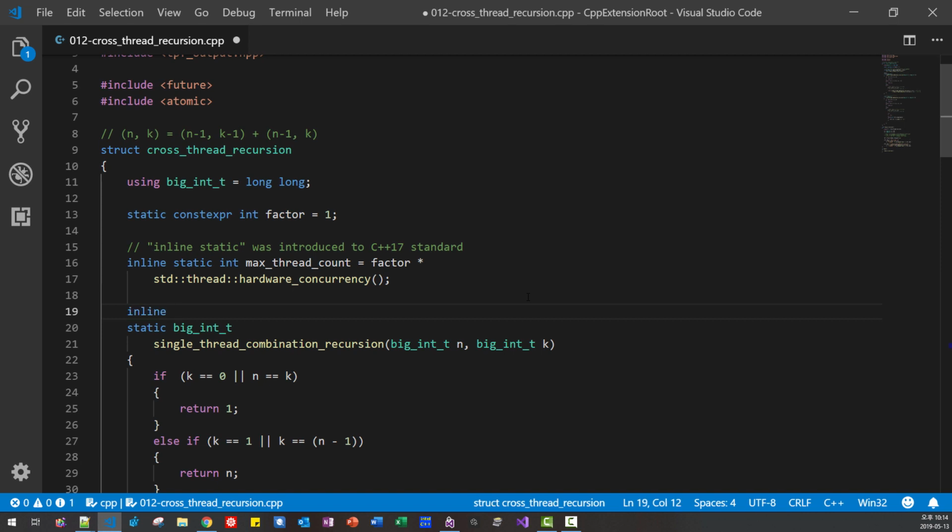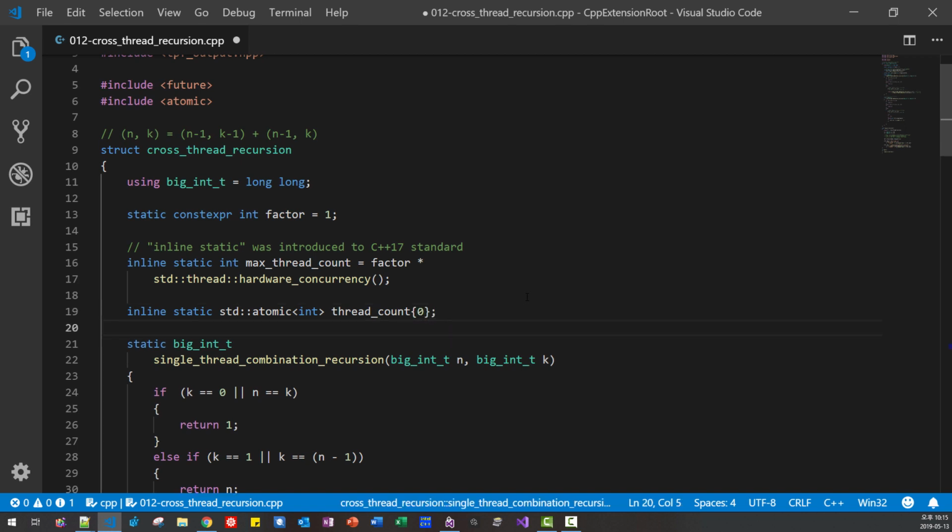Inline static std atomic int thread count. We initialize it with 0. Okay, so inline static is very useful and handy. We can even initialize objects.